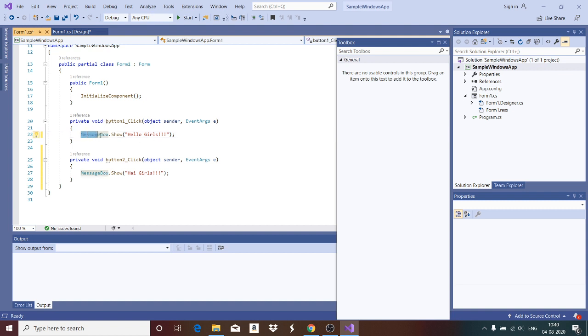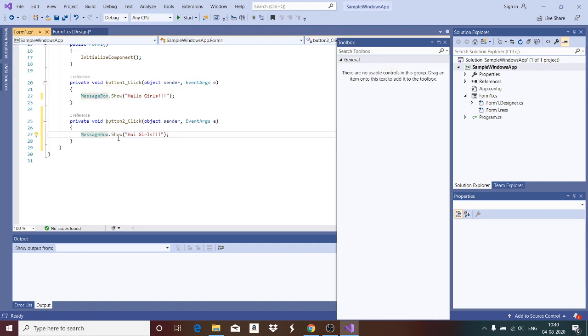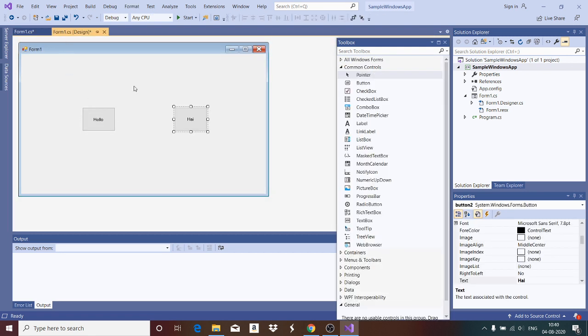There you type the message and again go to the design editor. Double click on the hi and you will get the message box here. You can type it and your application is now ready to save. You just save your application.